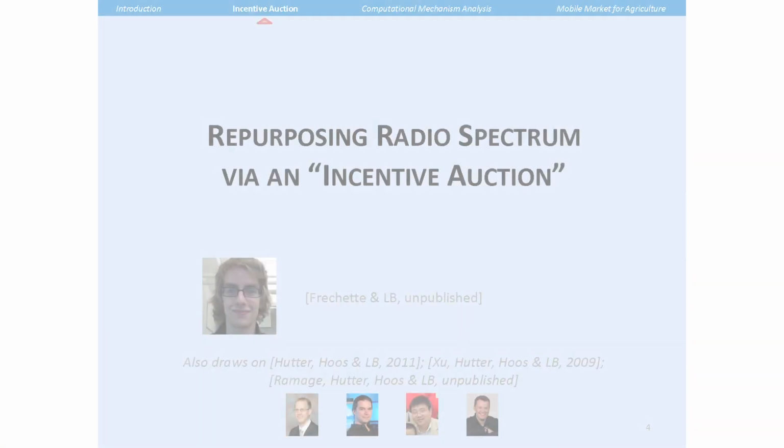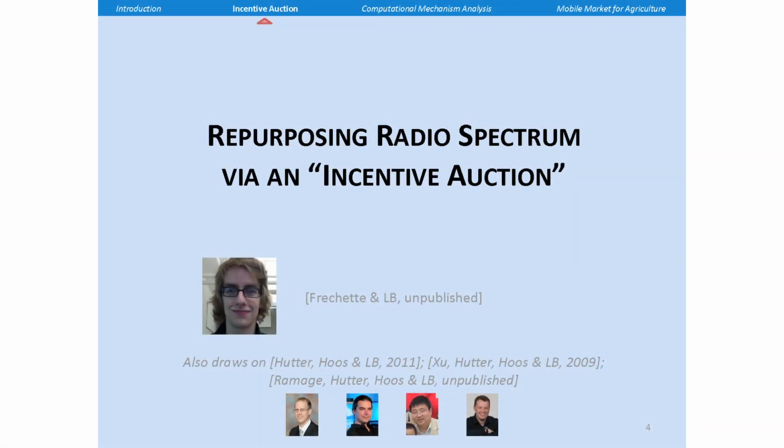So in particular, I'm going to talk about 3 different lines of work. You can see them up at the top if you have good eyes. The first one I'll talk about is repurposing radio spectrum via what's called an incentive auction, which is something the FCC is in the process of doing. As I go through these slides, I'm just going to call out my collaborators. So my PhD student, Alexandre Fréchette, is my main collaborator here. And Frank Hutter, Holger Hoos, Ling Xu, and Steve Ramage contributed to some of the tools that I used in